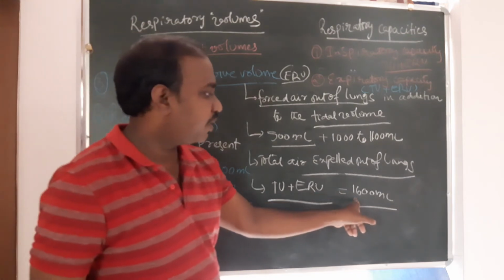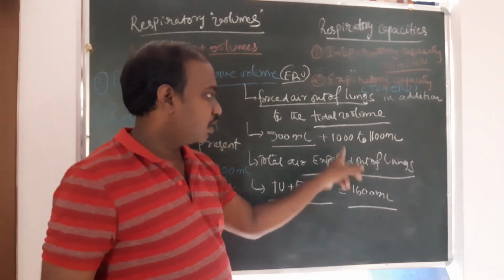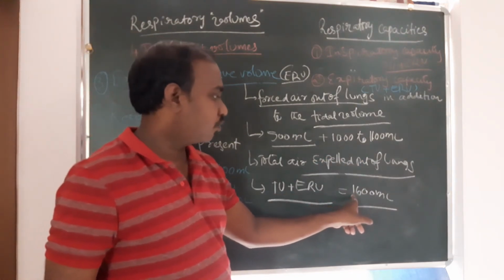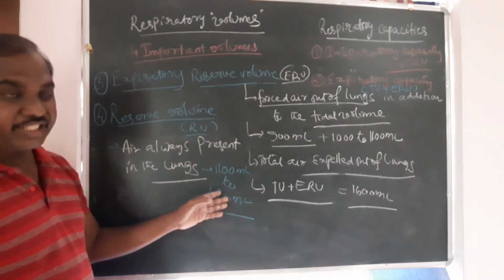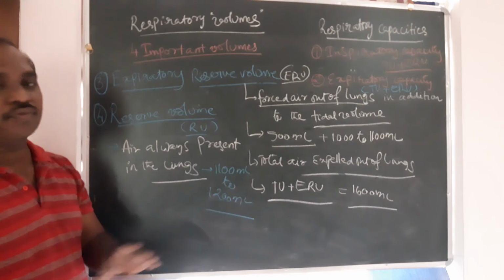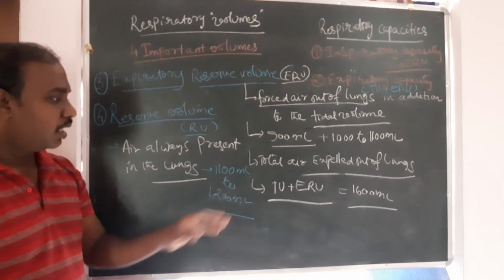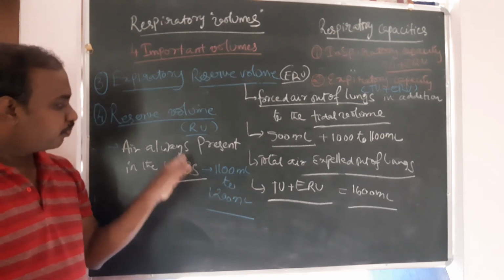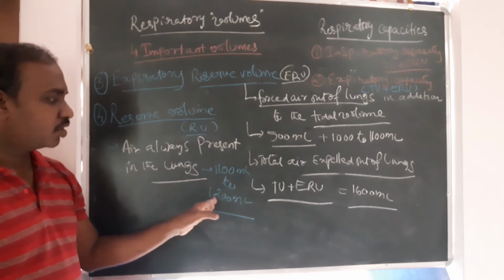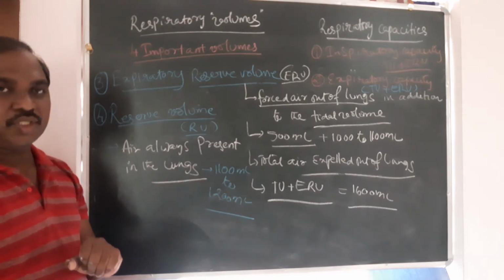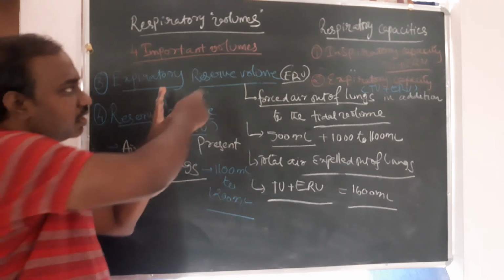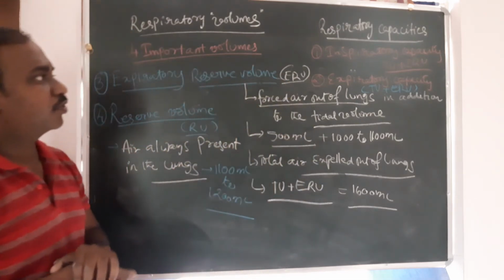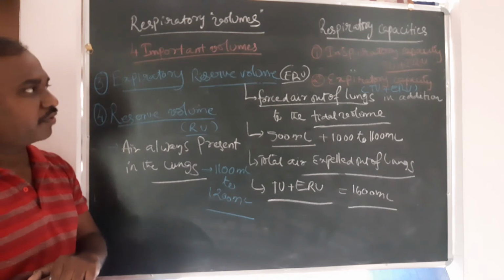Here, even after forceful breathing, you are only expelling at the maximum 1600 ml, and in addition close to you have 1400 ml. And so that is where the reserve value is: 1200 ml is the reserve value. Right? So these are the different kinds of values that are present.